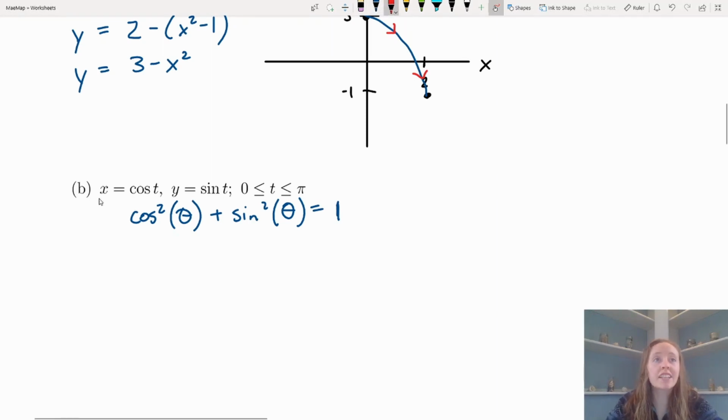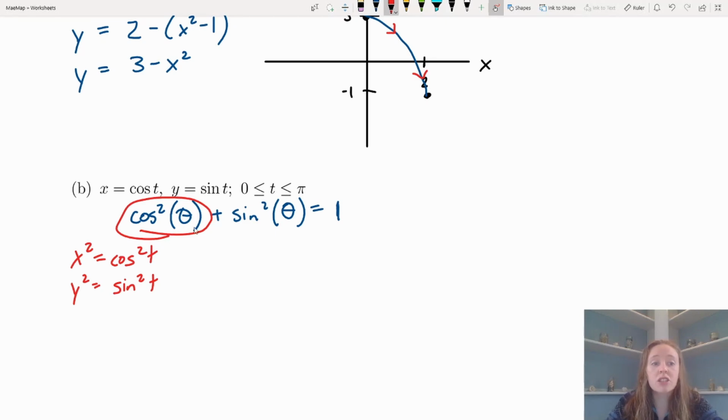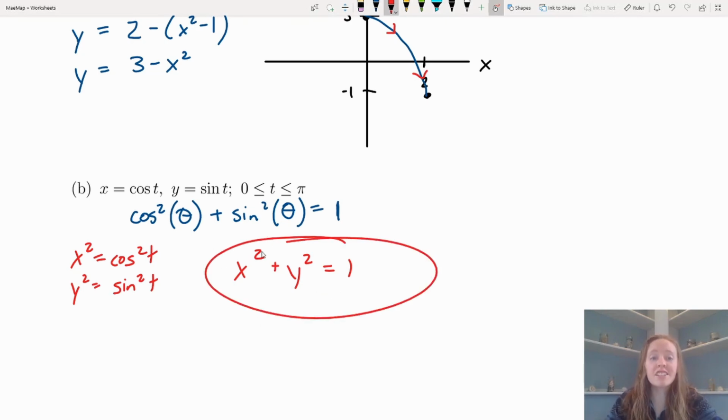So if I have that x equals cosine of t and y equals sine of t, well, if I squared both of them, that would be that x squared equals the cosine squared of t and y squared equals sine squared t. Are you seeing what I'm seeing? There's my x squared, there's my y squared. So for this case, I have that x squared plus y squared equals 1,